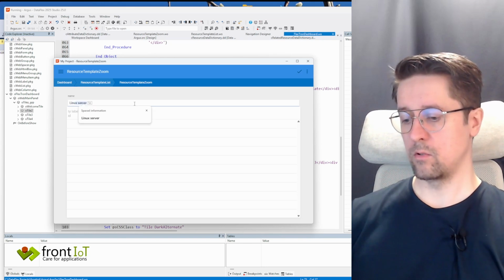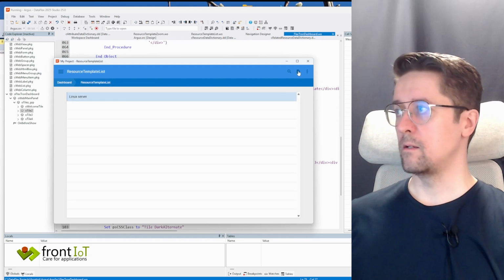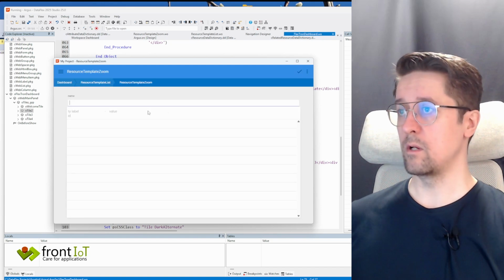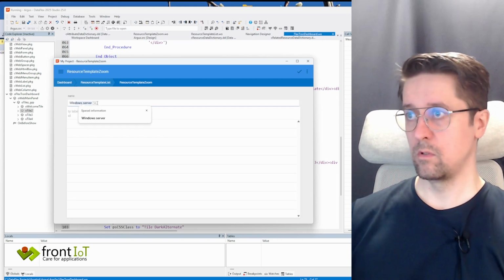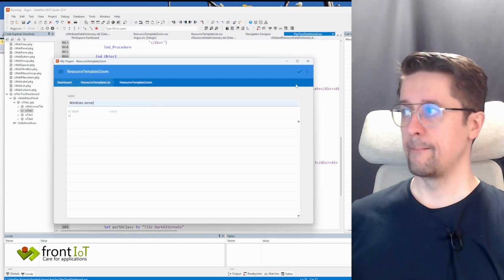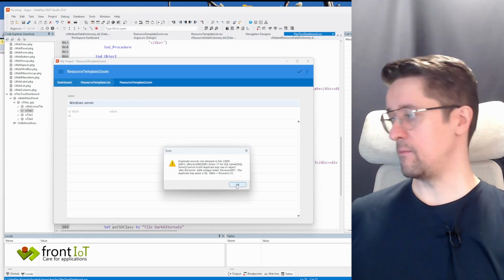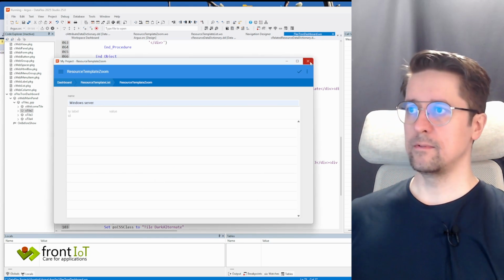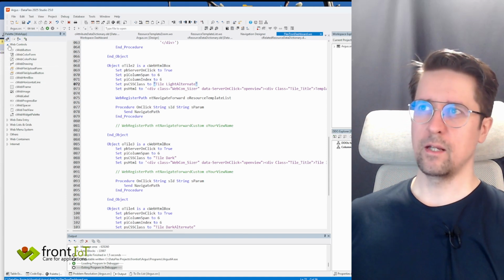Let's say a Linux server and save it. So here it is. And now we should be able to add another one called Unix or Windows server. But it doesn't work because we don't have the right key. And normally in Dataflix,